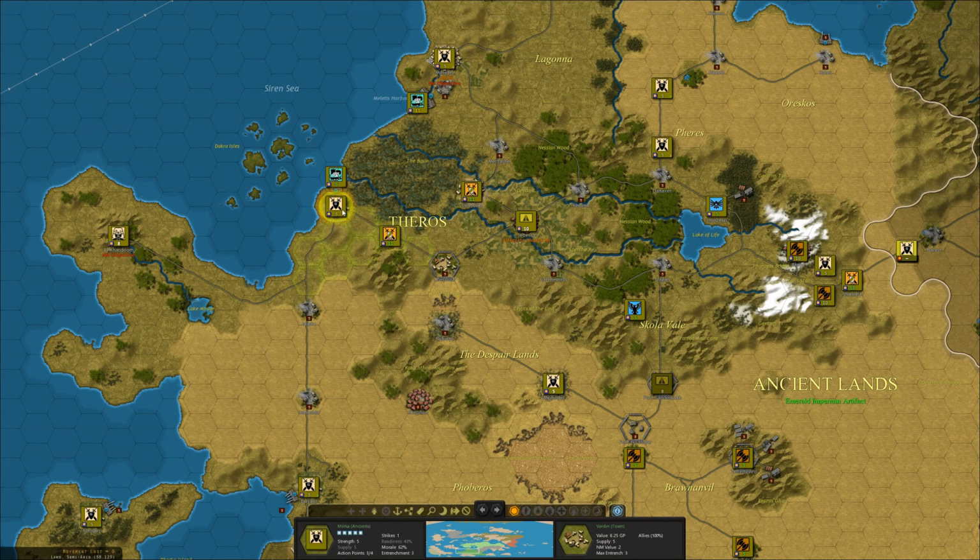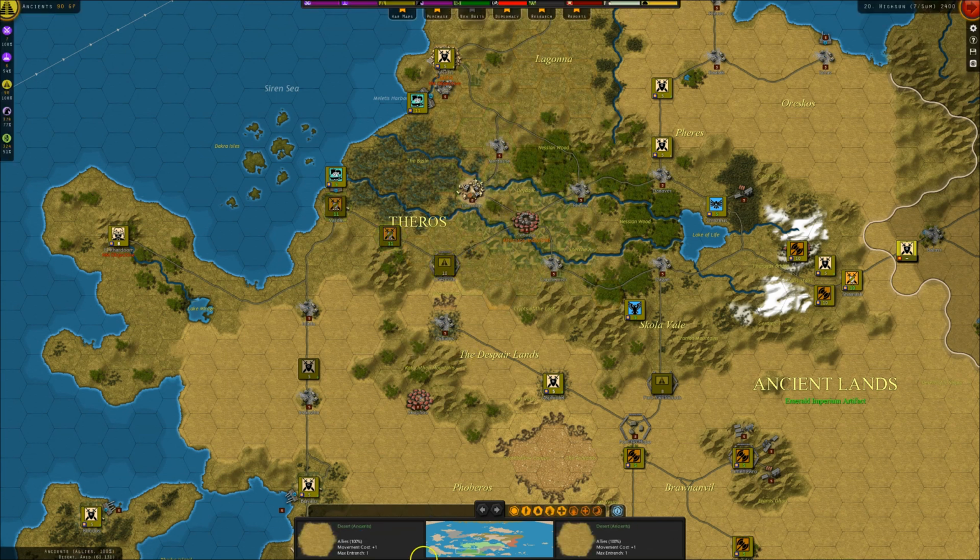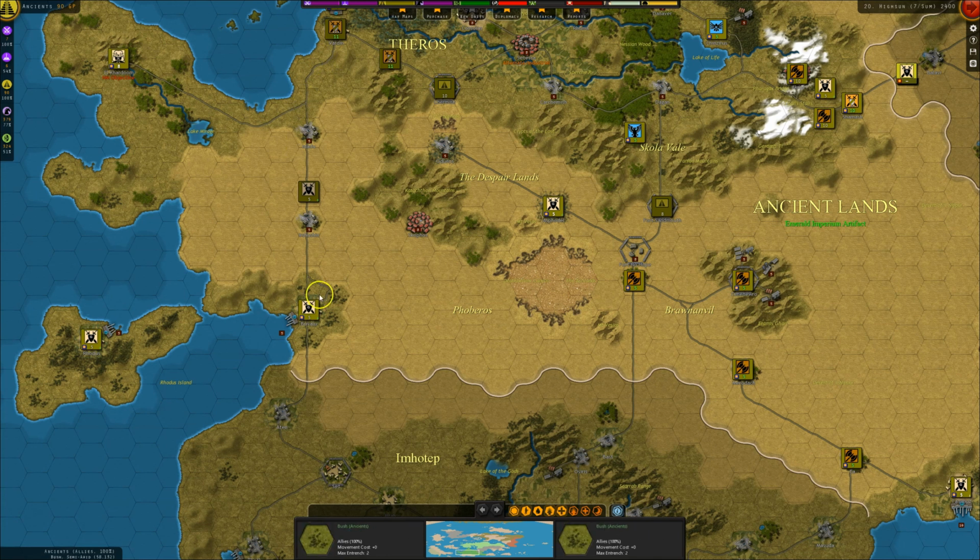I'm going to force march this militia down to the south. These guys are not going to be able to force march, they're too tired already. These ones will, because they're starting off in a town, and move their leader in place. The idea is that I'm going to move them down here to this port and be on guard